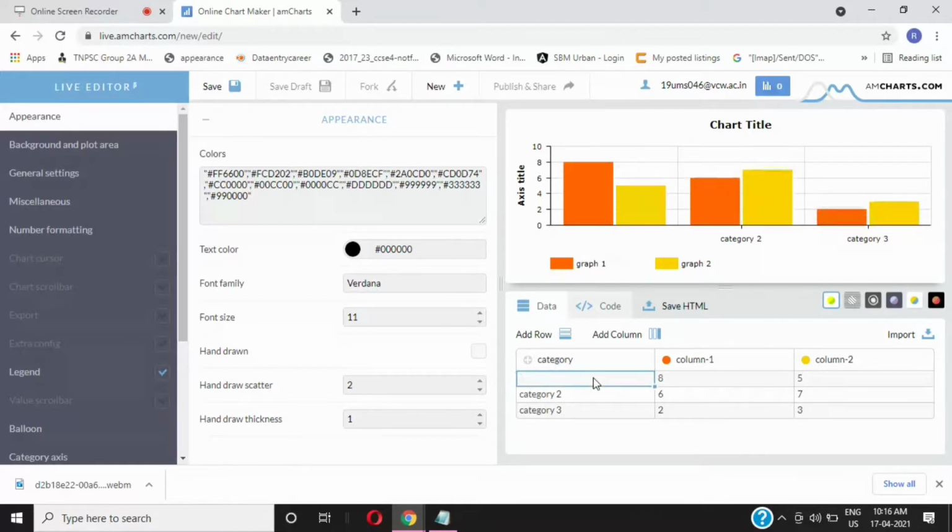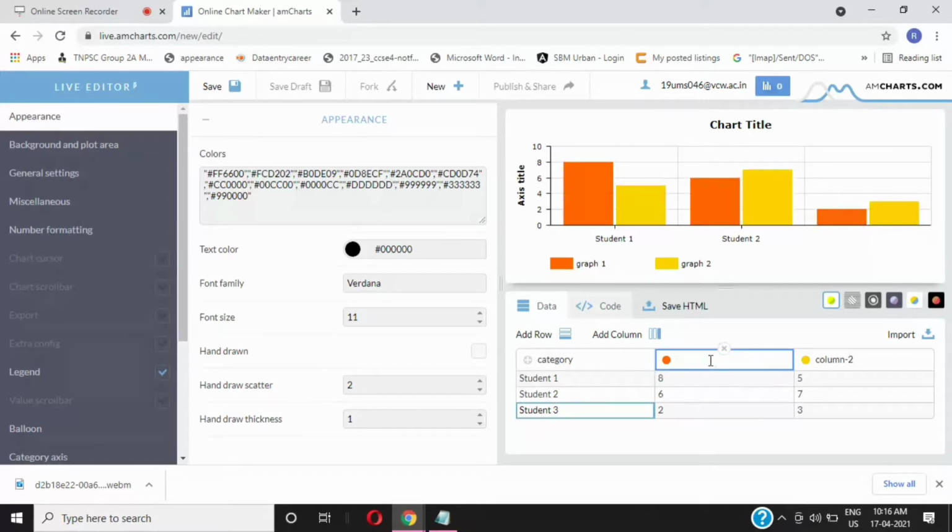We can change category 1 title to student 1, category 2 to student 2, and category 3 to student 3. And we can also change the title of column 1.